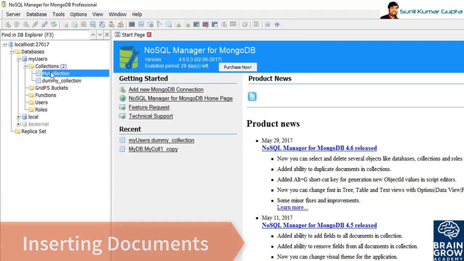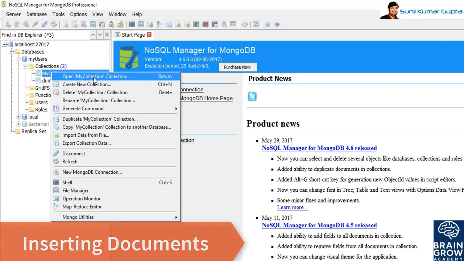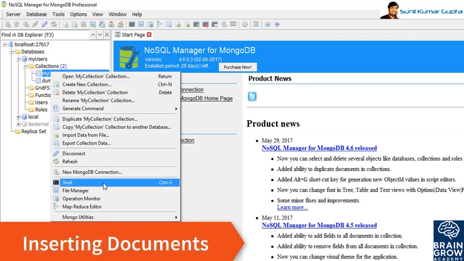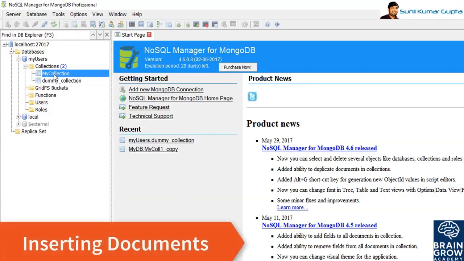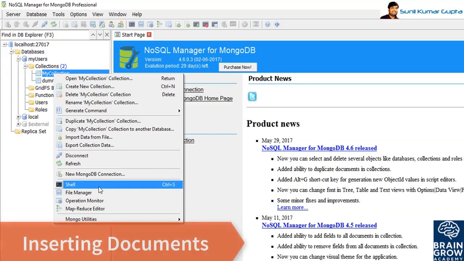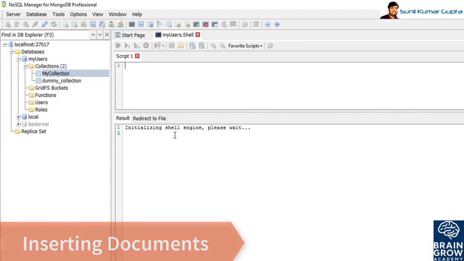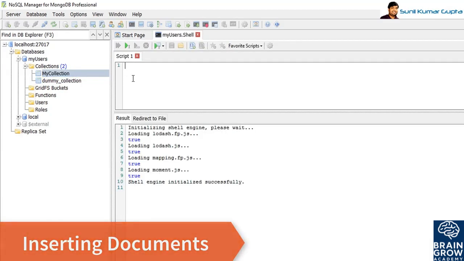Now if you want to enter something, you just right click on mycollection, and you will see the shell option. Click on that and you will get the option for script, and here you can just write your script like